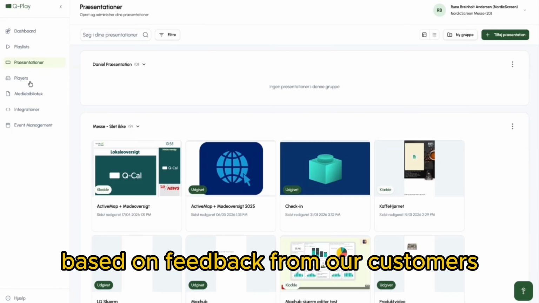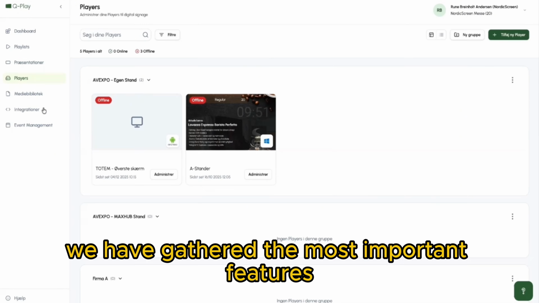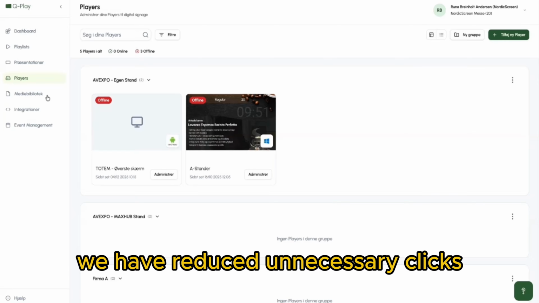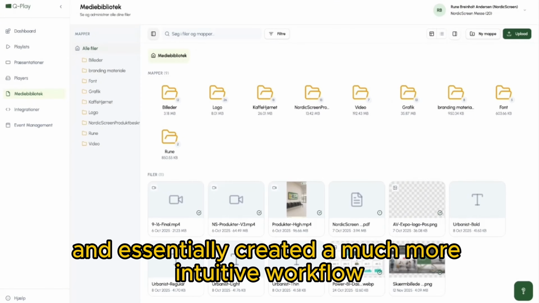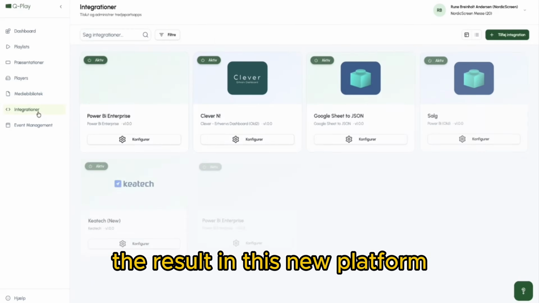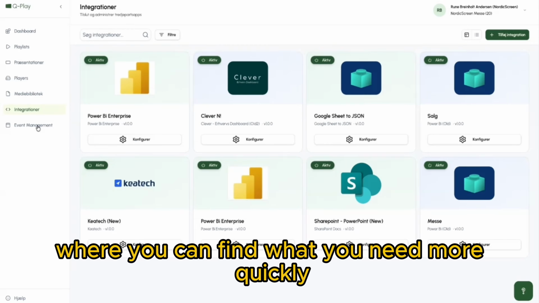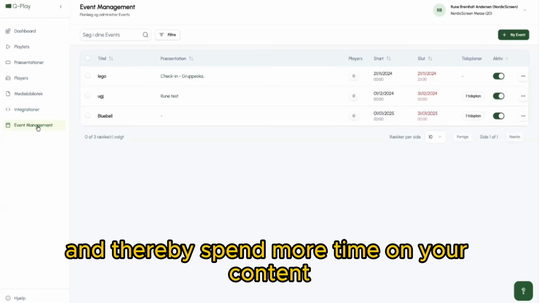Based on feedback from our customers, we have gathered the most important features. We have reduced unnecessary clicks and essentially created a much more intuitive workflow. The result is a new platform where you can find what you need more quickly and thereby spend more time